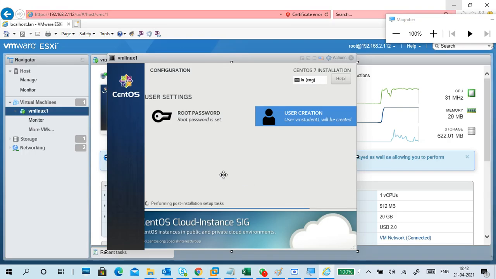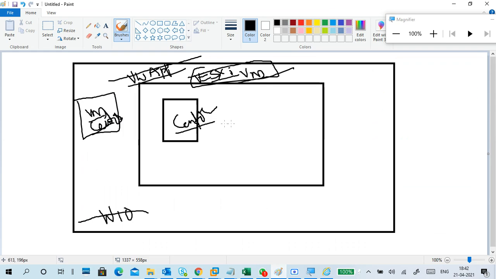Okay, next. The hypervisor is related to server virtualization. One of the hypervisors is VMware ESXi. This is how the screen looks for a single host. What is the use of this ESXi?